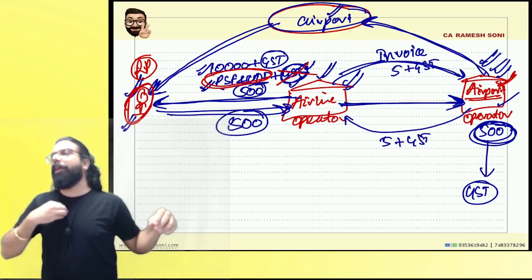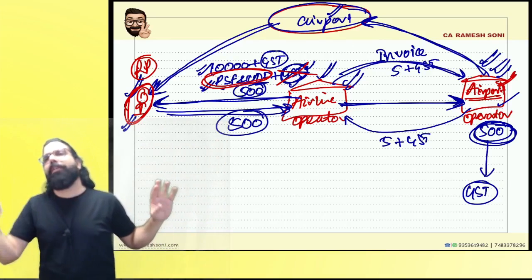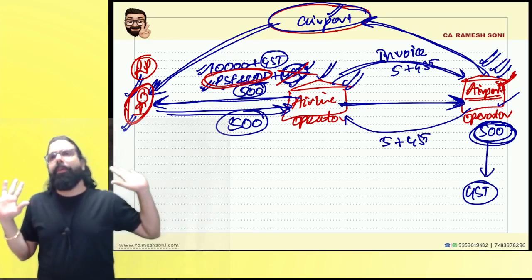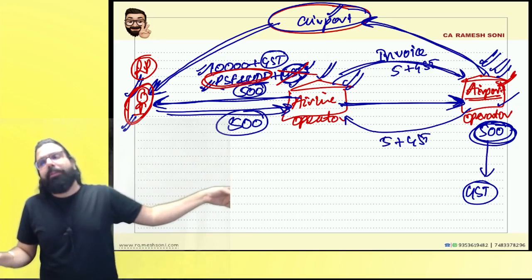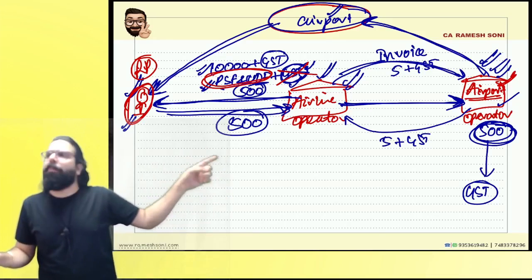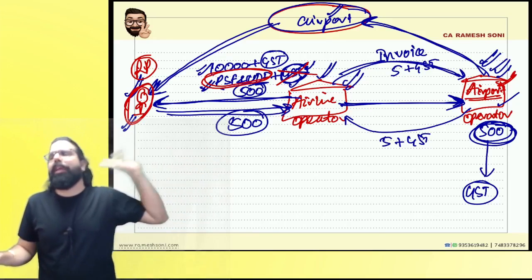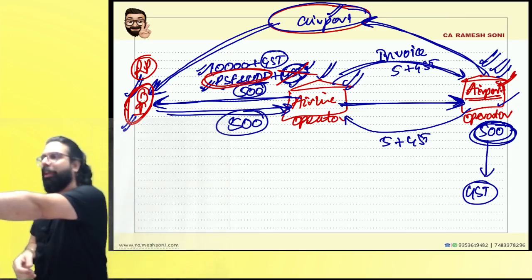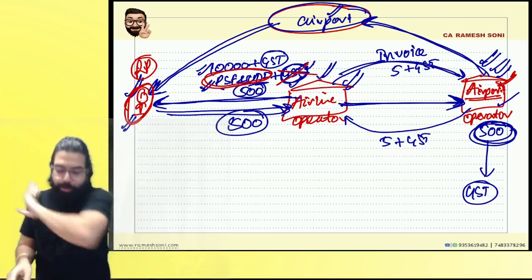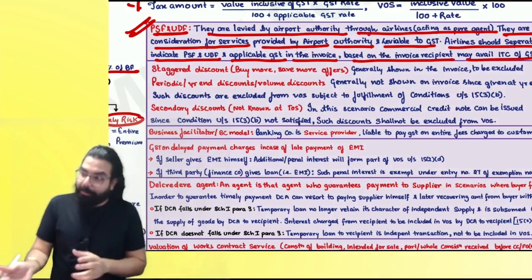Who is the airline operator? Airline operator's heart is pure. They are a pure agent. They are just collecting and giving. For collecting and giving, if they are charging any amount to the airport operators, they will charge that amount plus GST. Airport operator will be able to take the ITC of that invoice. Is my point 100% clear? Can we go ahead? Madam, you are confused. Quickly tell. Can I go ahead? Chalo, done.